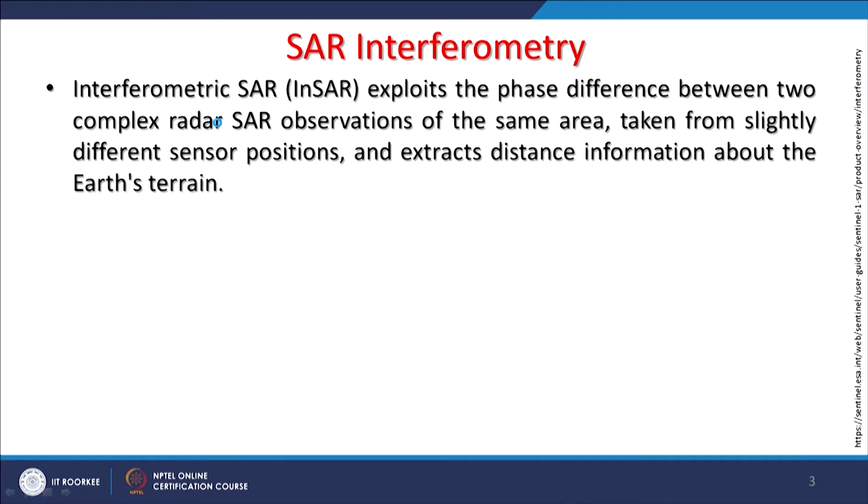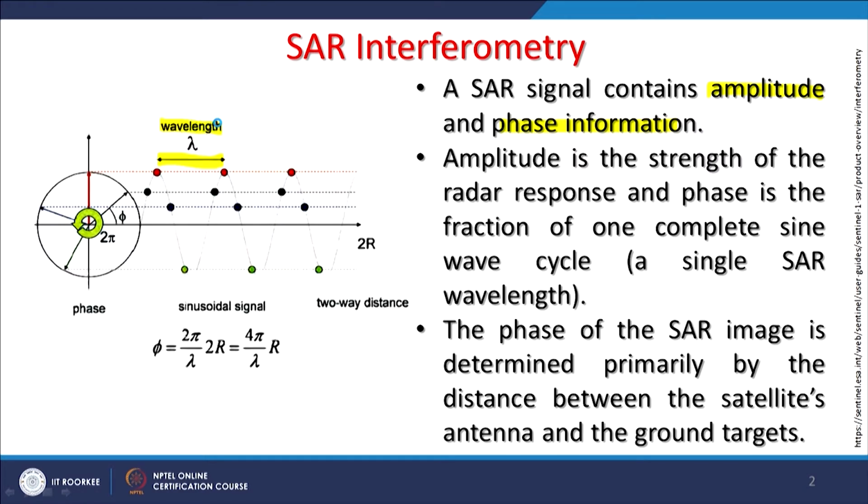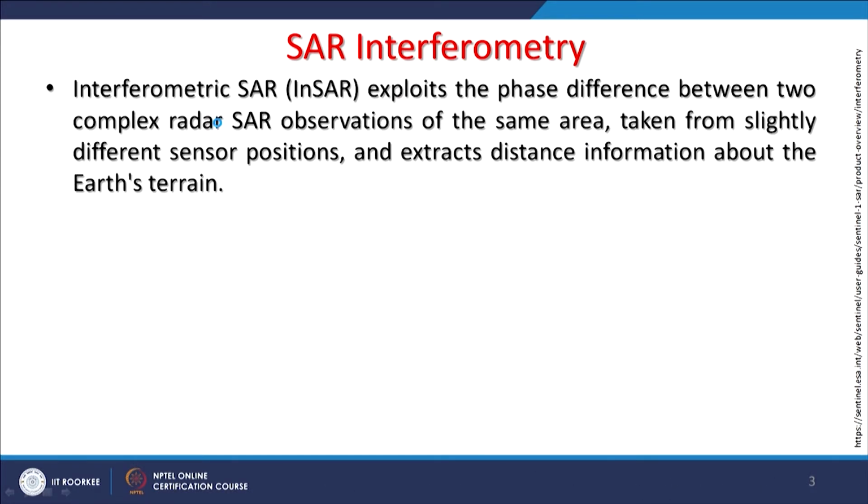Now, in interferometry, if ground deformation has taken place, then there should be some phase difference. If no ground deformation has taken place, then we will not see those differences. So, what SAR interferometry exploits is the phase difference between two complex radar observations, through complex number analysis. So you have a pair, in between which some changes might have occurred, and these changes will bring a phase difference between the two scenes, and that can be exploited to generate interferograms.